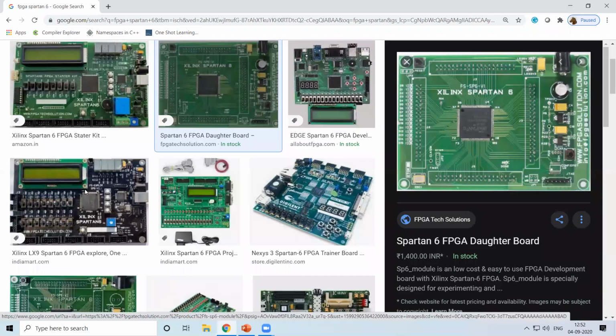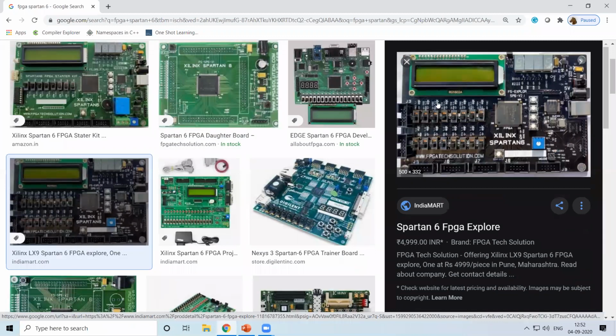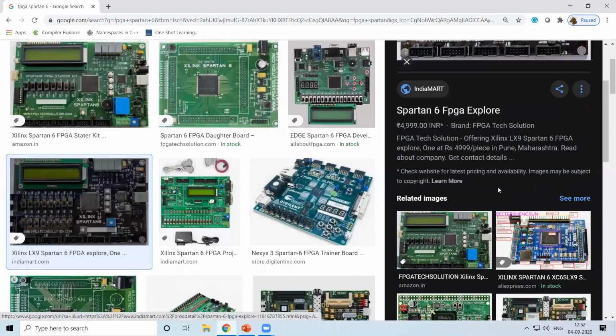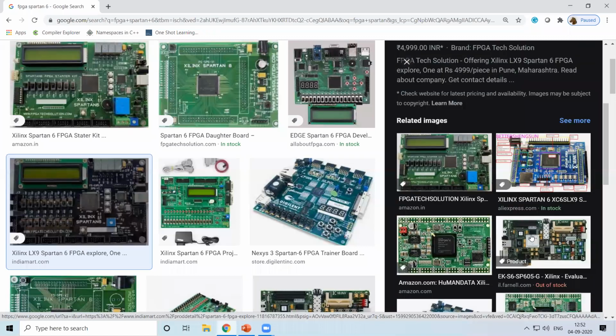So this is one form. Here is another form. Slight variations will be there depending on what interface is given and what all things are present. So this is the FPGA board which is provided by FPGA Tech Solutions. Different people also build the FPGA kits, and when you take it from them, they'll be built based on their specifications.